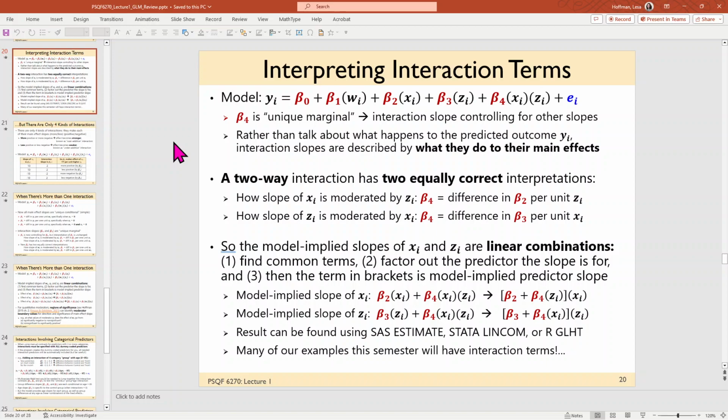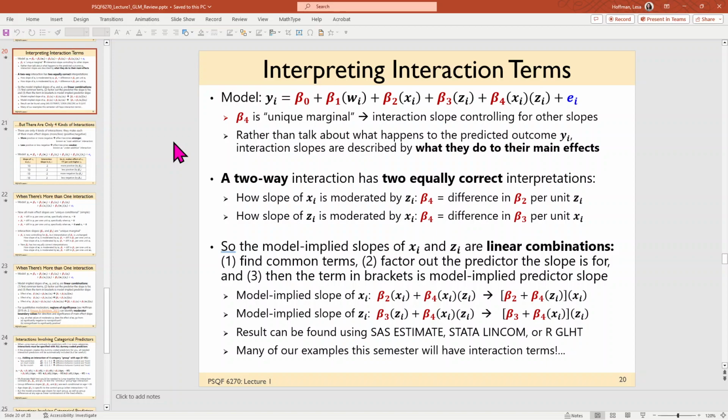Vladimir suggested maybe we talk about interaction terms as a brief review, for those of you who are attempting to fit moderation models. I know there's quite a few of you who are trying to do that. This is lecture 1 that I have back open. And that was like 3 months ago, so if it doesn't look familiar, that's why, because it's been a minute. So interaction terms, the big idea is that in order to talk about what they do,